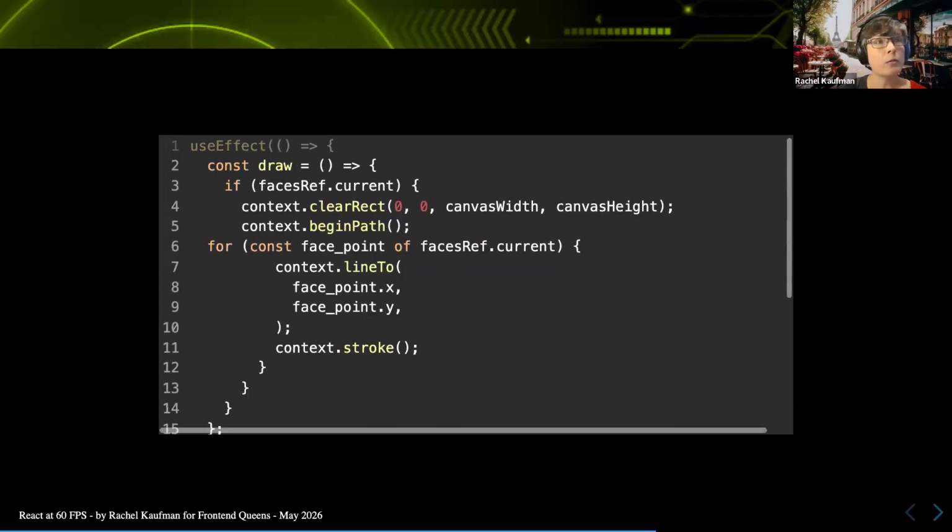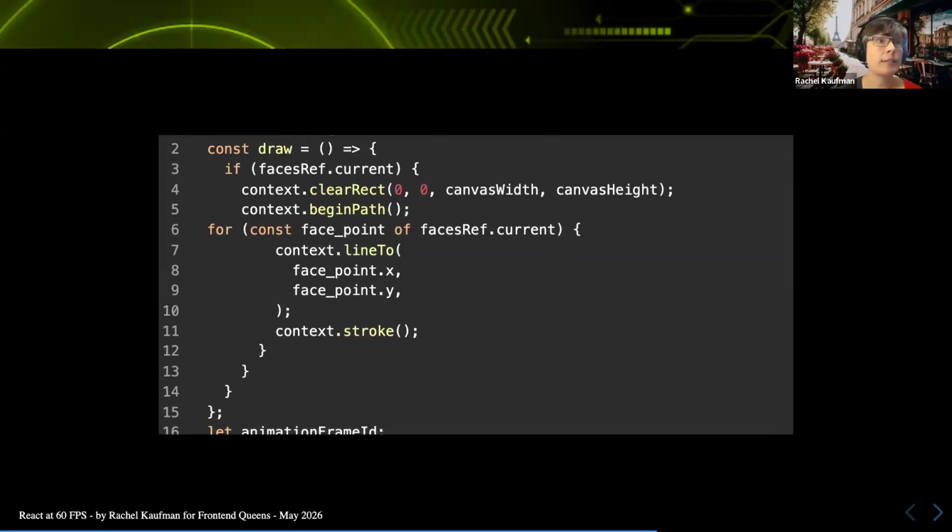So inside the useEffect, we've got our draw function, which is very similar to what we saw in the previous slides. The difference here is that our face data is in a variable that I called facesRef, because I'm actually storing the data in a ref, which means it persists across renders, but doesn't cause React to re-render. Some folks might not be familiar with this use of the useRef hook. I certainly wasn't. I mostly use it for